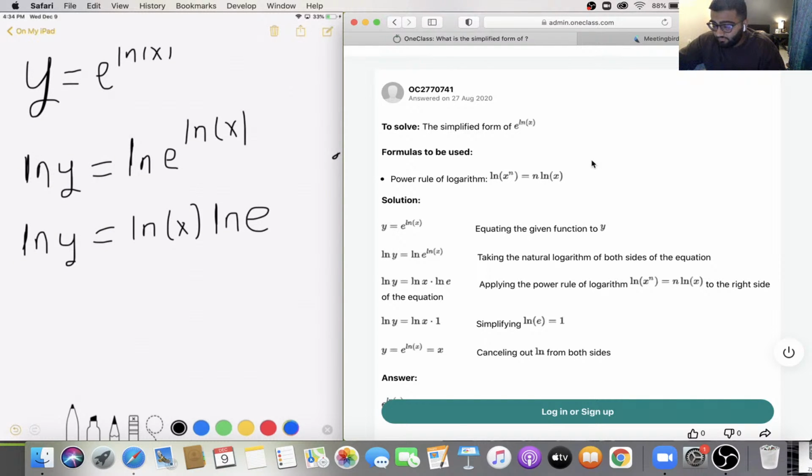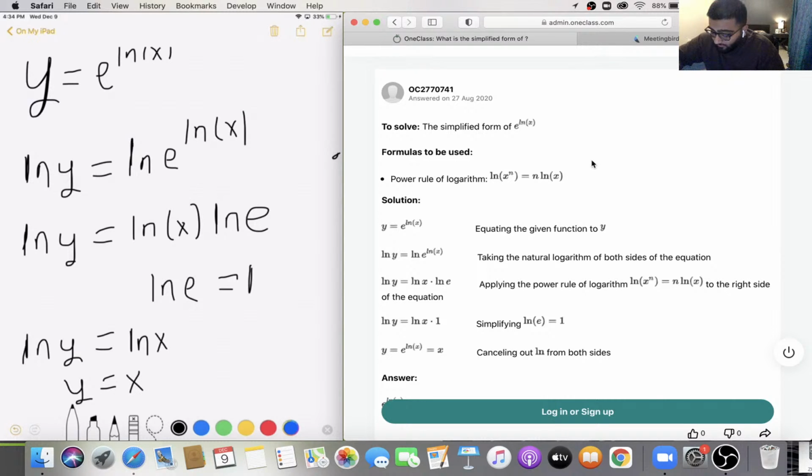Ln e simplifies to 1. Write that right here. Ln e is equal to 1. Then we have ln y is equal to ln of x. Since we have ln y and ln x, we're just going to simplify that to y equals x. Therefore, our equation y